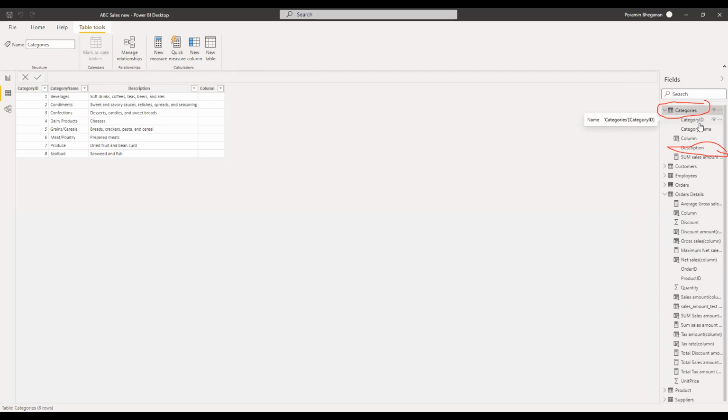If you want to multiply the unit price with the quantity from order detail, there must be 2,155 positions to store that output, but in this table you have just 8 records only, at most 8 values to display. That's why you cannot create